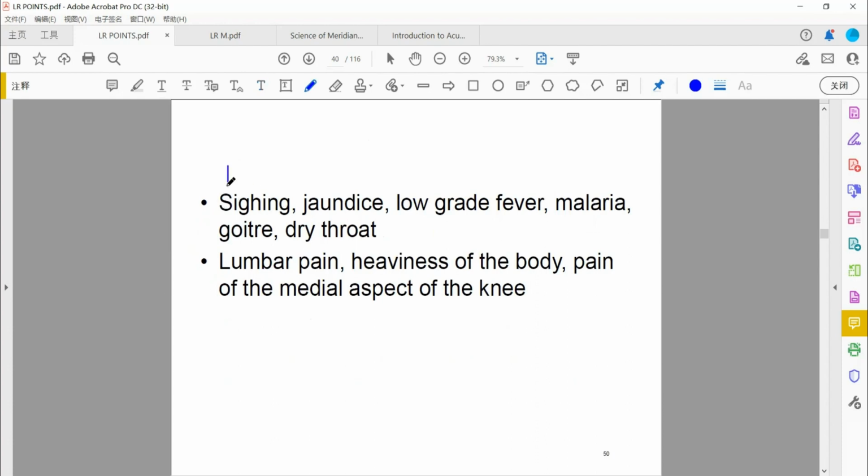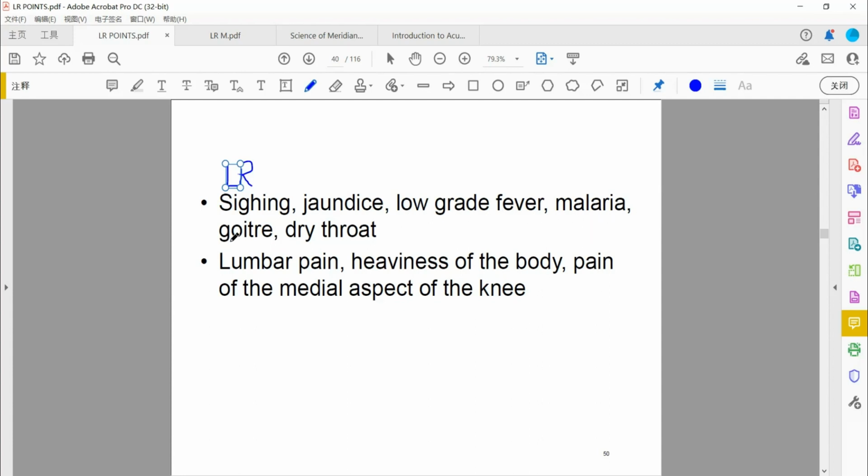Sighing, that's a sign of liver qi stagnation. Jaundice, hepatitis A, B, C, lower grade fever,